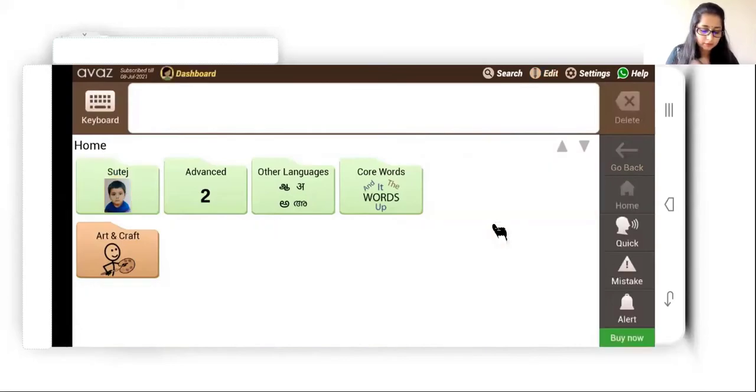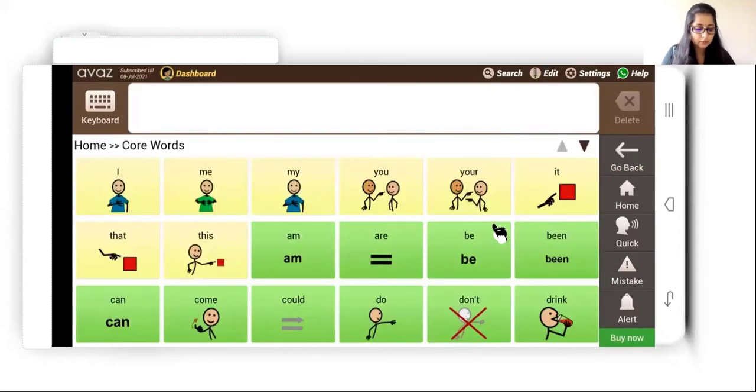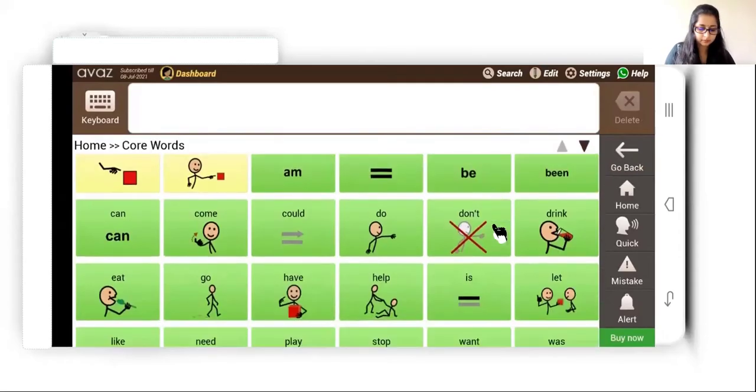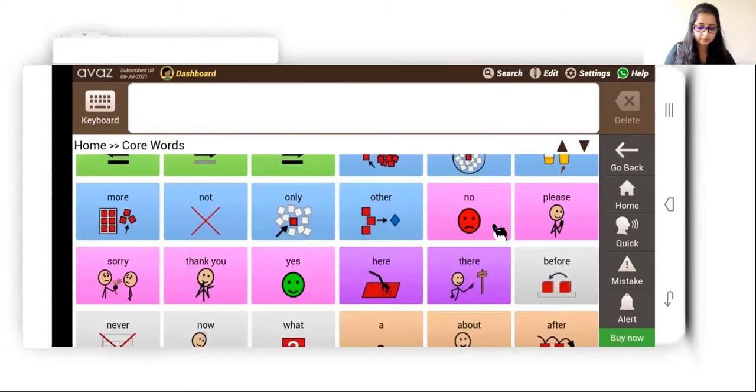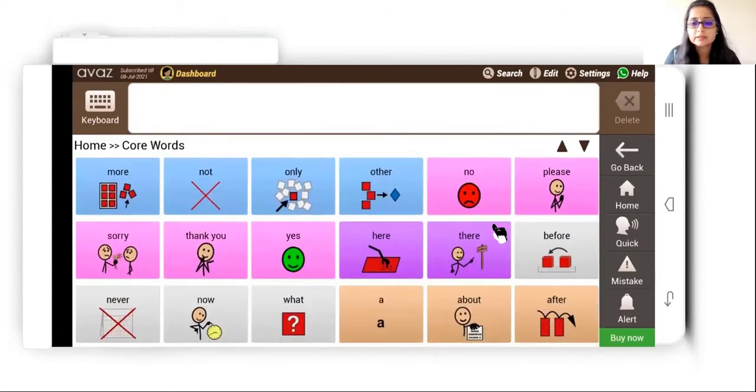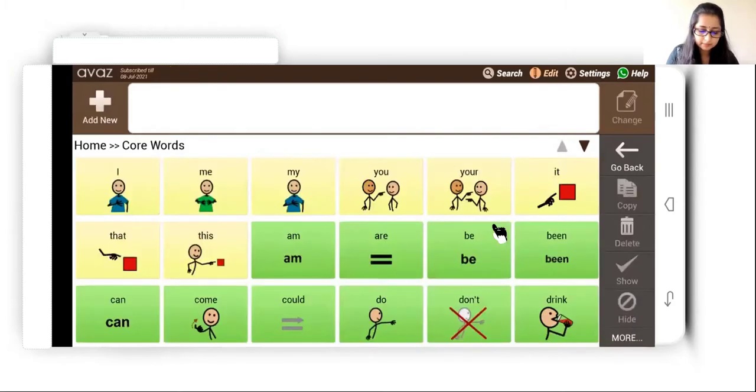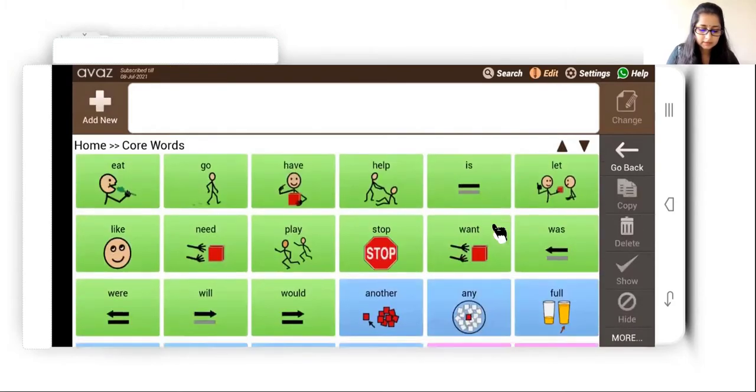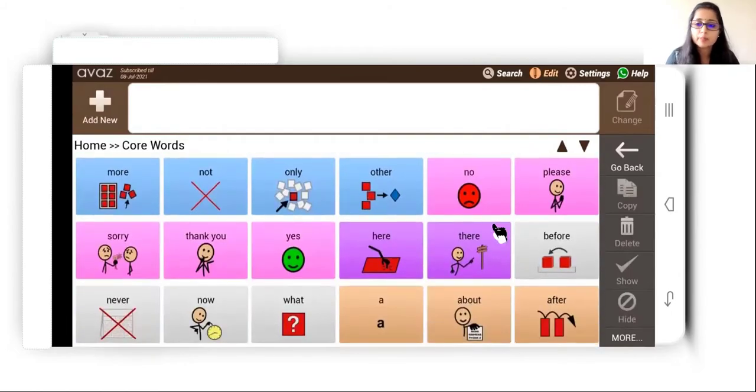Sorry, you'll have to come out of the edit mode. So you go back and say I want to add some code words to this. So let's say we want to add yes and no to that folder. So what do we do? Again, select edit,